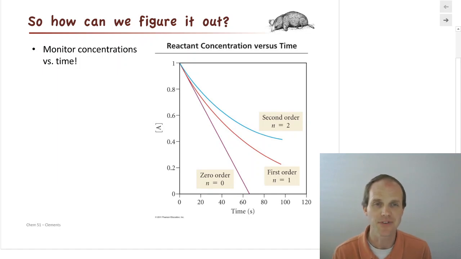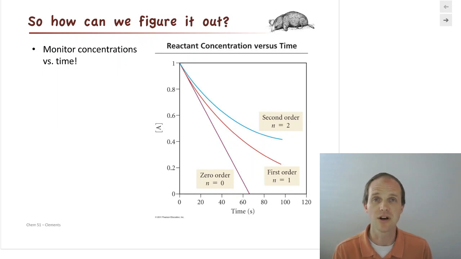Welcome back. So we've talked about kinetics, we've talked about rate laws, what they are. What we have to figure out now is how do we use experiments in order to determine our rate laws? We said that's the only way to do it, is to take an overall reaction and use experiments to determine the rate law. So what we're going to look at is two different ways that are the primary ways that people who are trying to figure out rate laws do it.